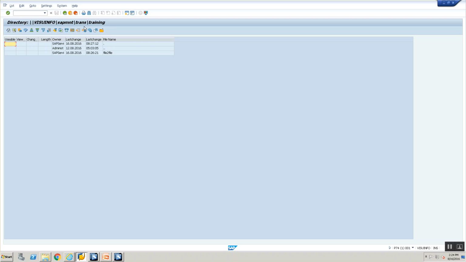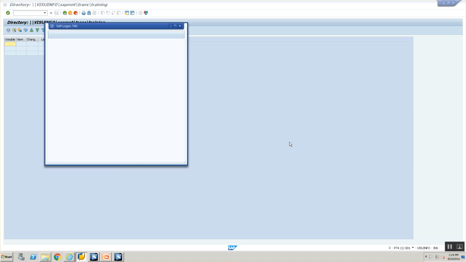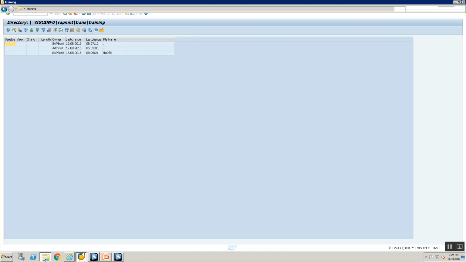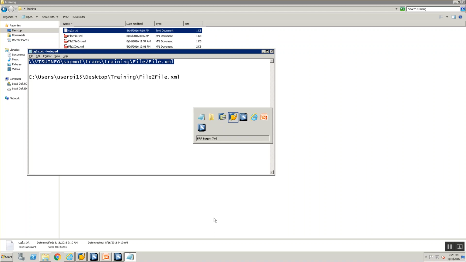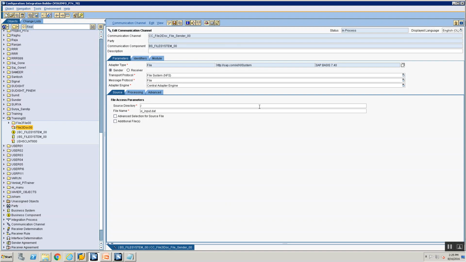Let's copy it. I have it in my notepad actually, so let's just get it from my notepad. Okay, so this is my directory where the sender file adapter has to look for my file, and I'm going to call my input file as